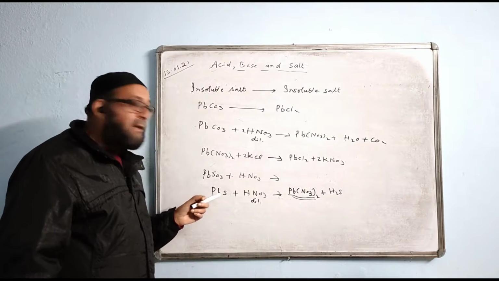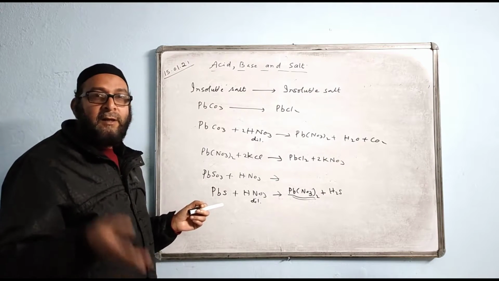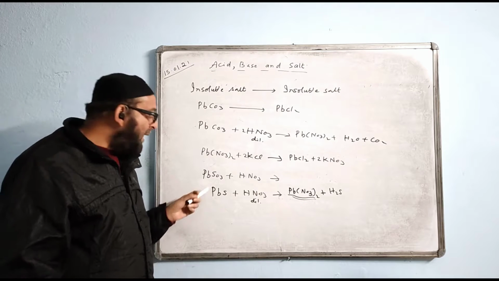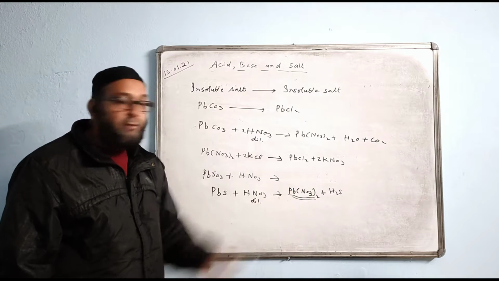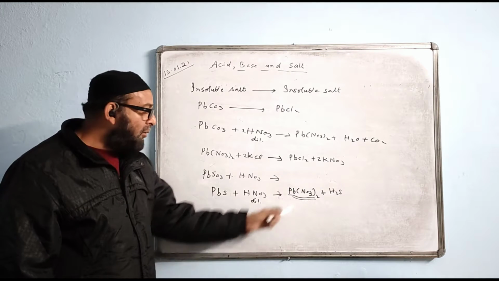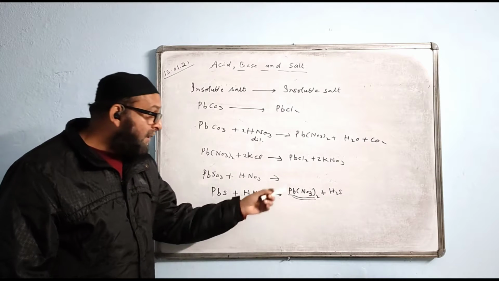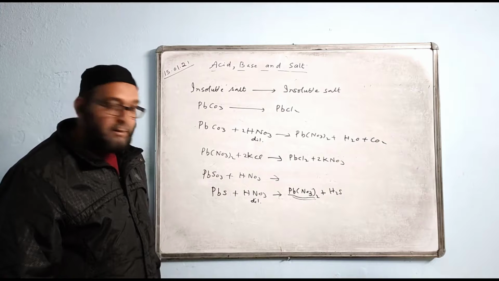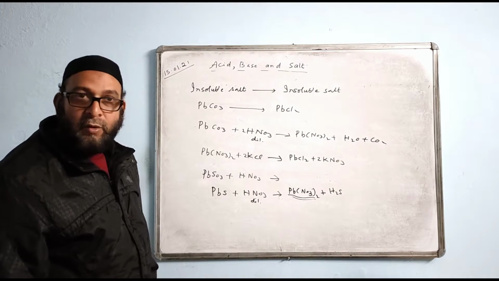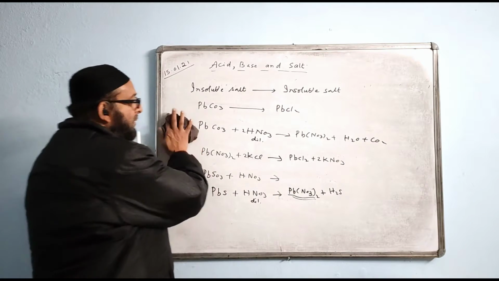There I told you, when a sulfide like ZnS, PbS, FeS, copper sulfide, any kind of sulfide reacts with a dilute acid, it gives salt and H2S. And because they are using dilute acid, the salt has to be a soluble one. Normally they are making lead nitrate so that we can go to the second, the double decomposition method. Hope it is clear, no? You understood how you are making it? Okay, good.